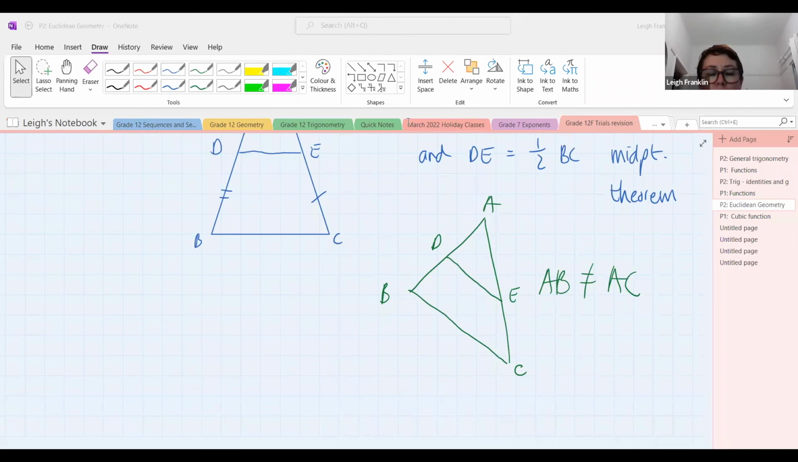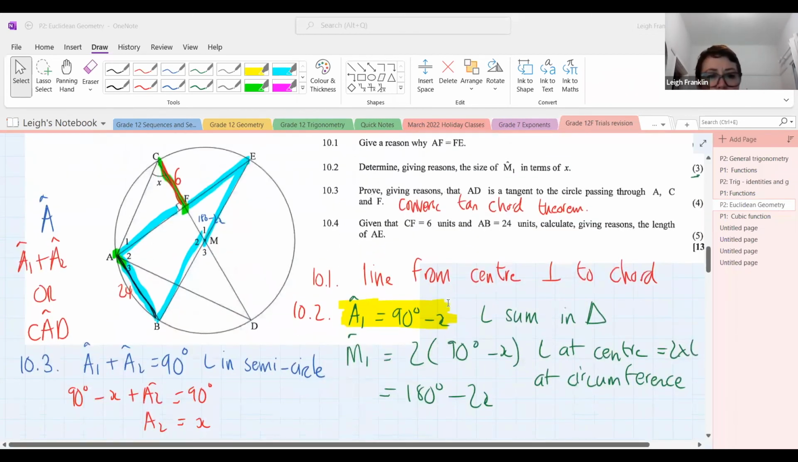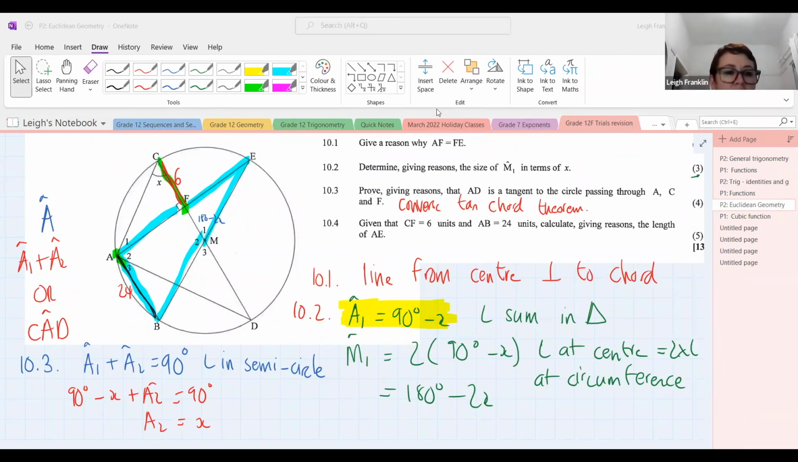Yes, okay. All right, so now let's go back up here and talk about what we can see here. Because AF equals FE, because of line from center perpendicular to chord, and BM equals ME because they are radii, what can we say about FM and AB? Exactly, they are parallel, quite right, Spoo. They are parallel and,